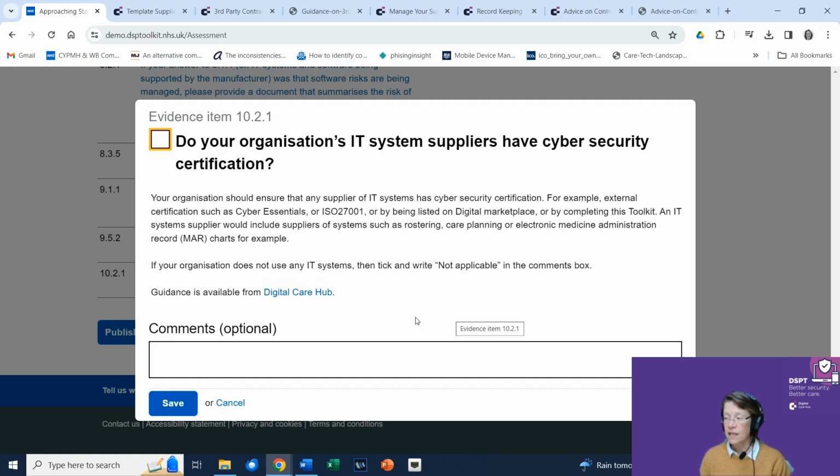have certification from a recognised scheme, such as the government's Cyber Essentials scheme or the international standard 27001, or by being listed on the government's digital marketplace, or indeed by completing this toolkit to at least standards met. Many IT suppliers do have Cyber Essentials, and if they do, don't forget that Cyber Essentials comes in two types. The Cyber Essentials Plus is the more rigorous one. It includes a penetration test, and so I suggest that you ask and check that they have that